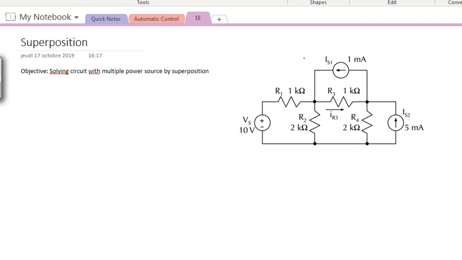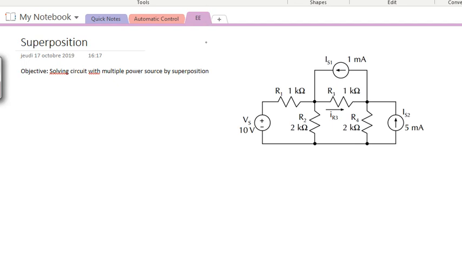Okay, so what is a partial solution? A partial solution is when we try to solve the circuit, analyze the circuit, when it is only affected by one supply at a time. We know that in the exercises that we have seen before, we usually have a circuit with multiple power supplies, and in order to solve them, we use nodal or mesh analysis. Here, what we're going to do is focus more on the power sources, and we'll try to solve it by doing a calculation for one power source at a time, right?